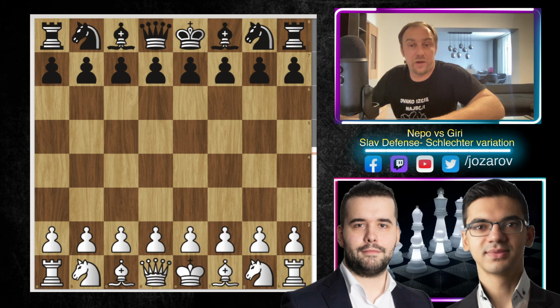So in this series we're covering this very nice opening from white's and from black's perspective, and today we're continuing again with the Slav Defense and the so-called Schlechter variation. The Schlechter variation, I think, is a pragmatic idea of black's to play this fianchetto idea with the move g6, bishop to g7, and one of the best